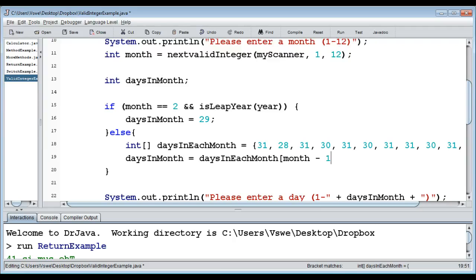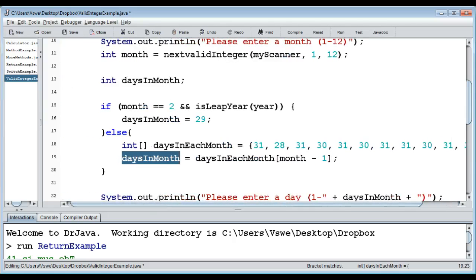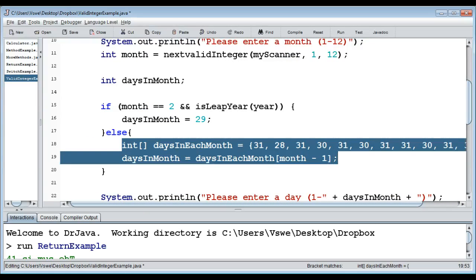month minus 1. So the first month, January, that's month number 1, but in our array here, it's month number 0, because in arrays, the first number has index 0, the second number has index 1, and so on and so forth. The last month here, December, has index 11, not index 12. So that's why I just subtracted by 1, like that. So now we get the correct amount of days stored in days in month, if it's a common year, not a